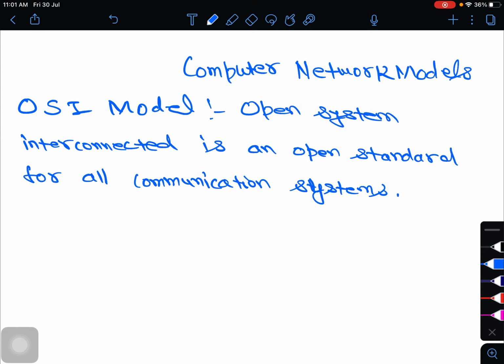The full form of ISO is International Organization for Standardization. This model has 7 layers.